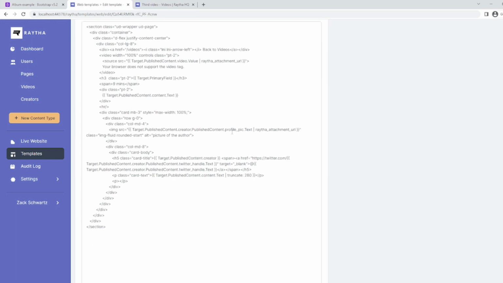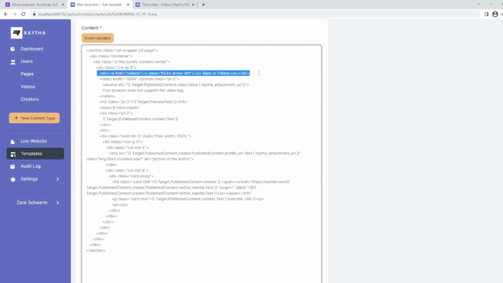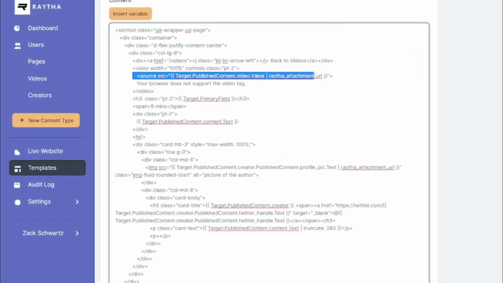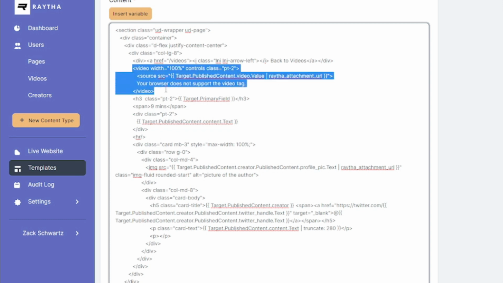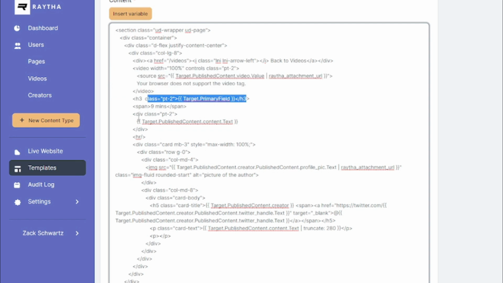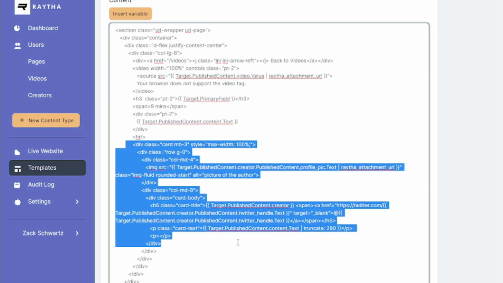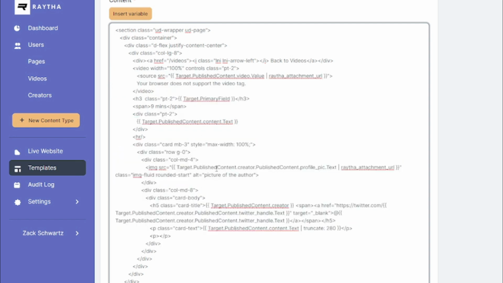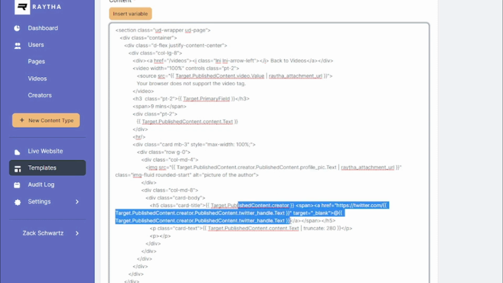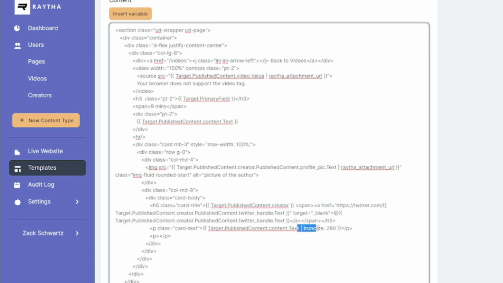This had a bit more HTML, but still not too bad. We have a back to videos link at the top. This is pulling from the video field this time. This is the video HTML. Our title, our content, and this is the author card at the bottom. As you can see, it's pulling from the related field because we added the author as a one-to-one relationship field. It's pulling from the creator and their profile picture along with their name, Twitter handle, and bio, which we've truncated